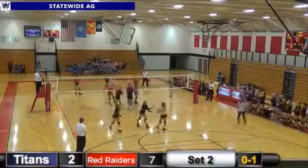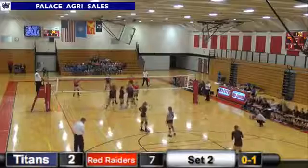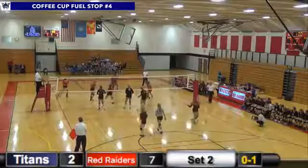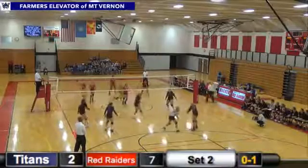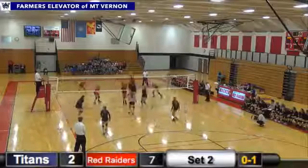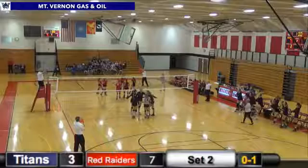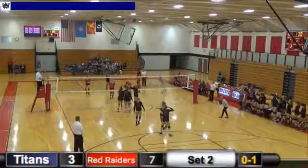They had Sukup back there to try and dig it out, but it didn't have enough mustard to get to Sukup. Follower up with the serve, put it in play for the Titans. Holzbauer again with a dig in the back row. Tyler with a bump over. Aaron Denning with a set. And Destiny Hack with a nice spike. It was partially tipped by Holzbauer. It's a point for the